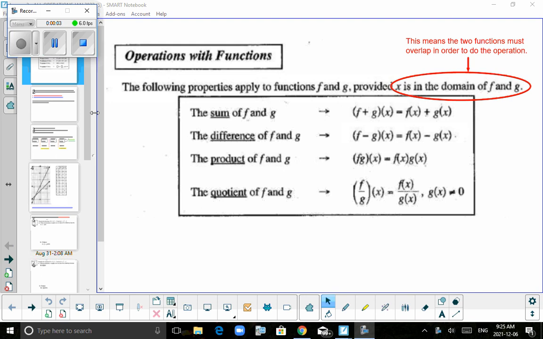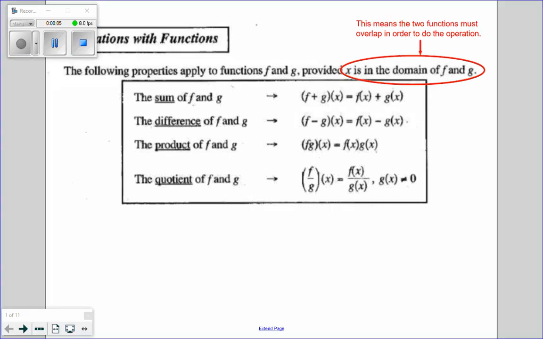Okay, what we're going to talk about today is all of our operations on functions. And essentially what this is, it's algebra for the sake of algebra. It's saying that if we have two functions, or any number of functions, but we'll start off with two. So if we have two functions, let's call them f and g, then we can add, subtract, multiply, and divide